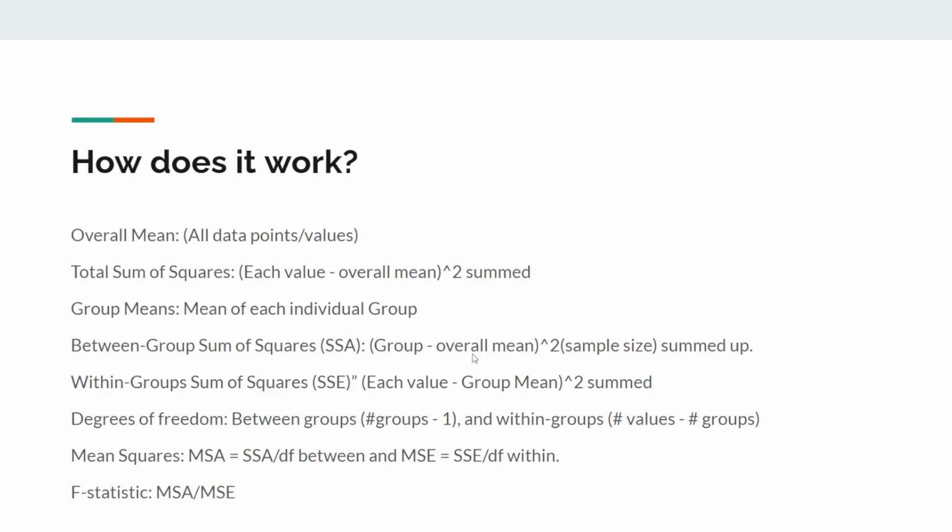It's really complicated, and I'm not sure. I mean, every stats professor would probably just want you to use a calculator here for ANOVA. But these are kind of the steps, and you see here that they build on each other. So the overall mean is all data points divided by the number of values. We find it, we plug it in here, and after finding the total sum of squares, we can plug it into